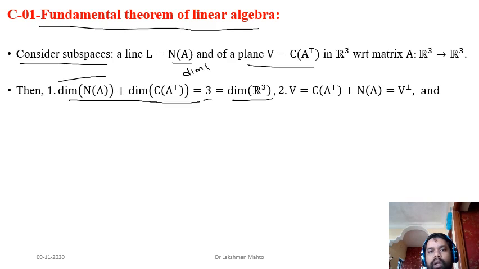It will talk about the dimension of null space of A transpose, that means left null space, plus the dimension of column space of A. Another part I am intentionally not writing, since both are very similar. But here again I am writing it. So the dimension of null space of A transpose plus the dimension of column space of A, if you sum it up, would be equal to the dimension of codomain